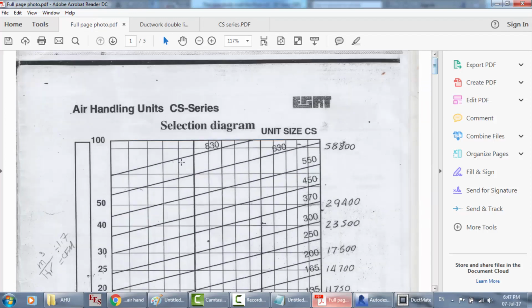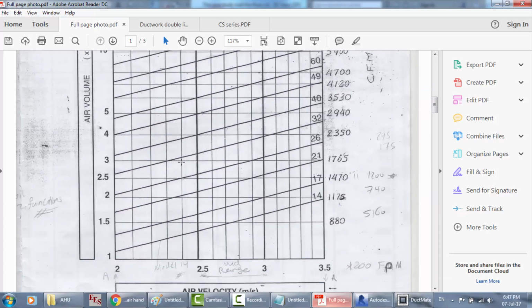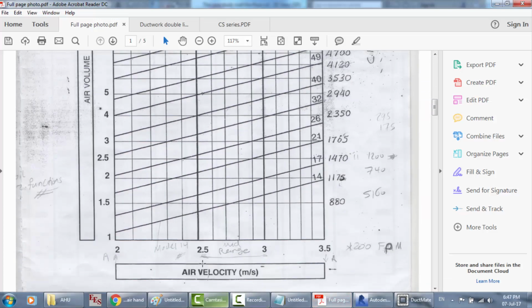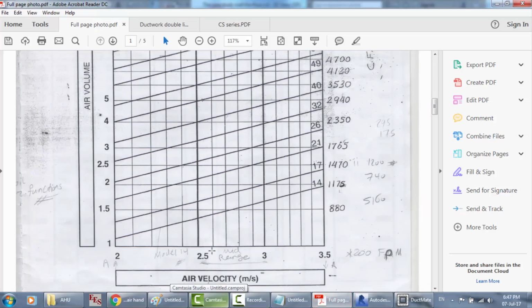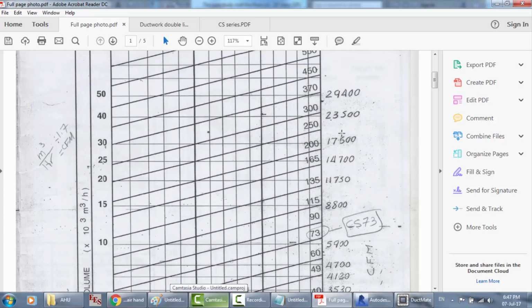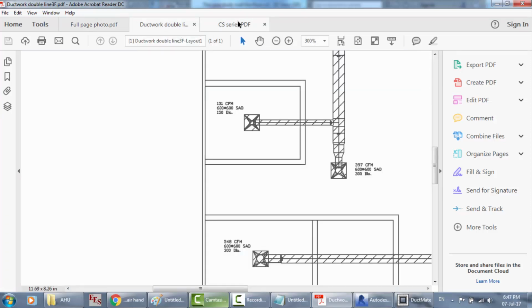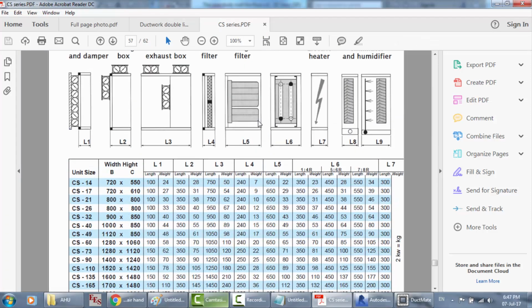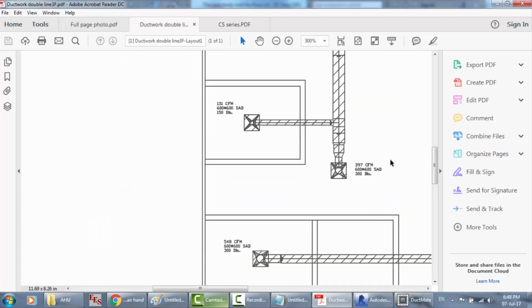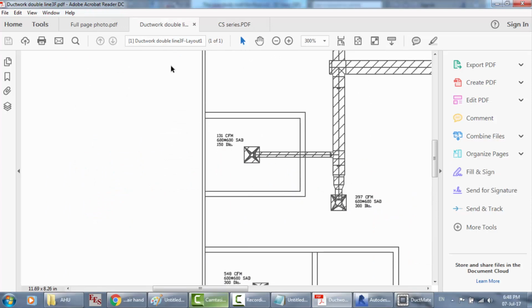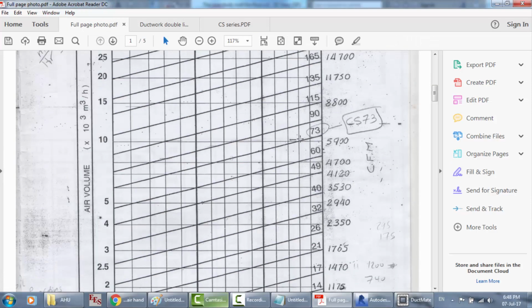You have the selection diagram based on the air velocity that is available for this catalog and the CFM. Then select the air handling unit like this and see the distribution of the air